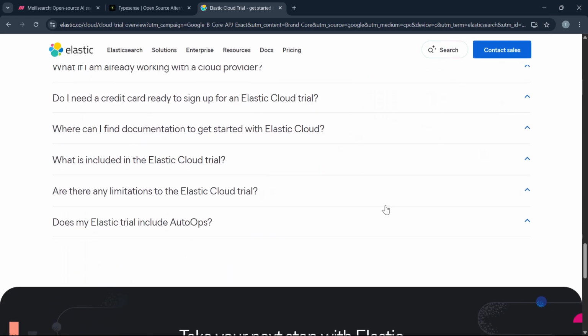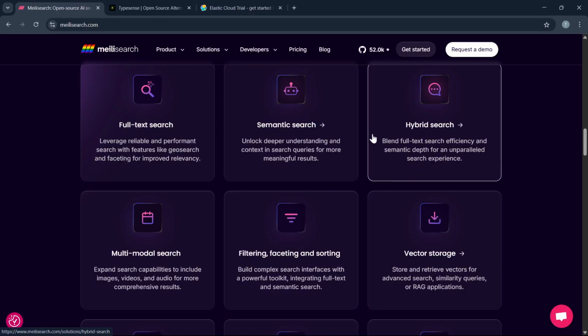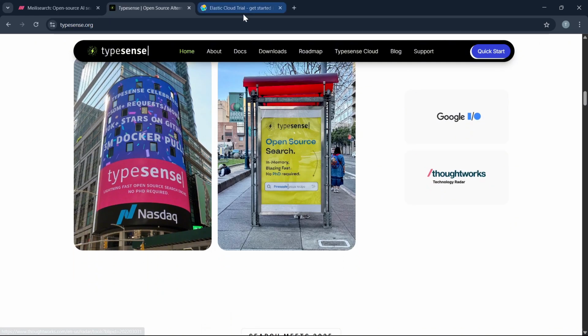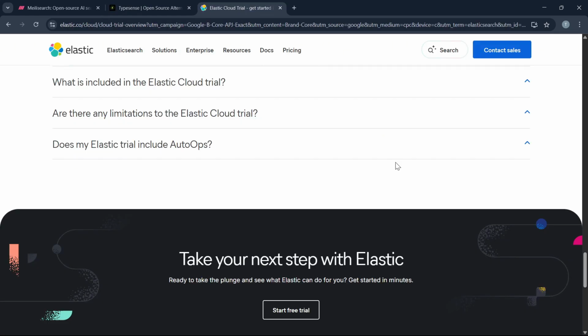So, for final verdict, choose Meilisearch for typo-tolerant search, pick Typesense for speed, and use Elasticsearch if you need powerful